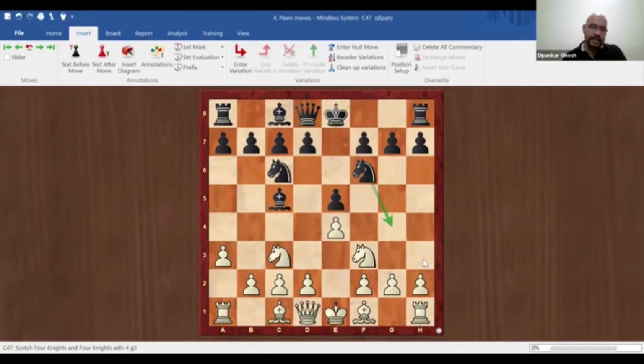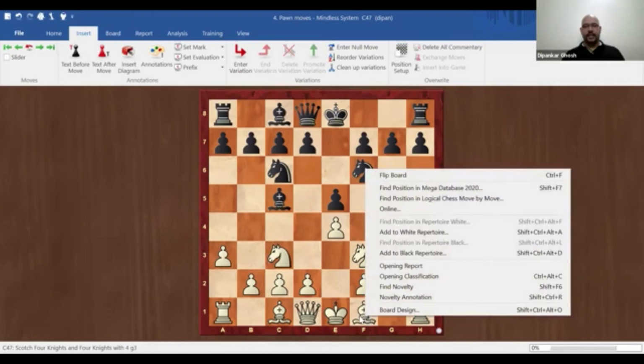Now, was this necessary? Can anyone tell me a better way that white could have avoided this threat? It is indeed a threat, knight to g4, if allowed, and if black is allowed to take on f2, then white could be in a lot of trouble. So how can we avoid that? Anybody in the chat?